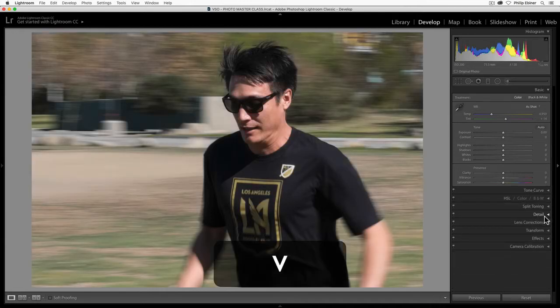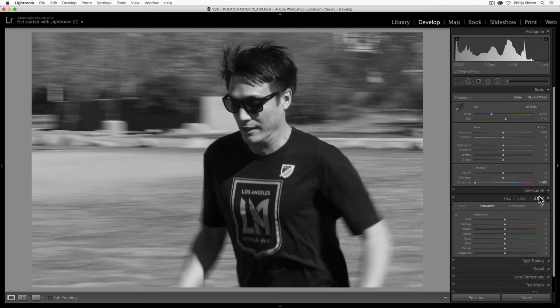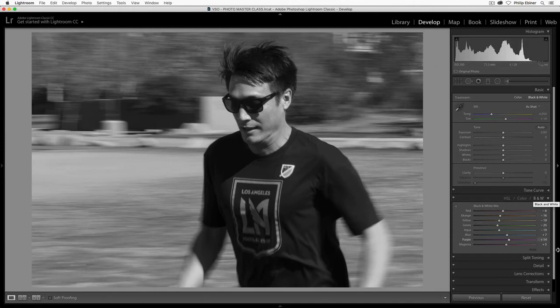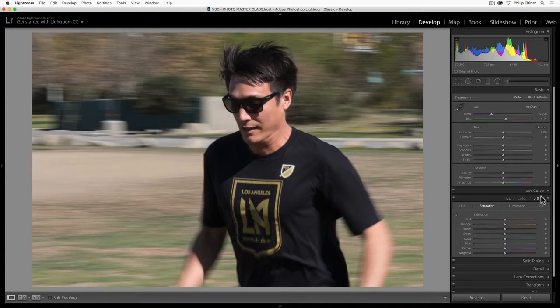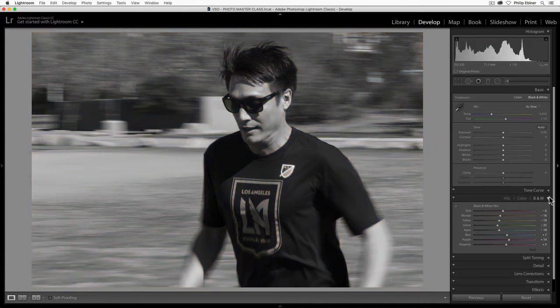Say I didn't do that, and then I went down to saturation and I made all my adjustments for like the tone and the exposure. And then I was like, actually, I want to go into the black and white settings. When you do that, it changes sort of the look of some colors. So the proper way to edit a black and white photo is to first enable this black and white setting, and then we can go back into our exposure adjustments up here to make some adjustments.